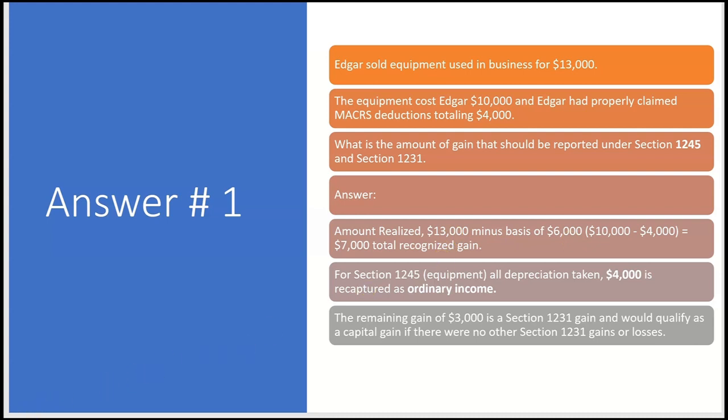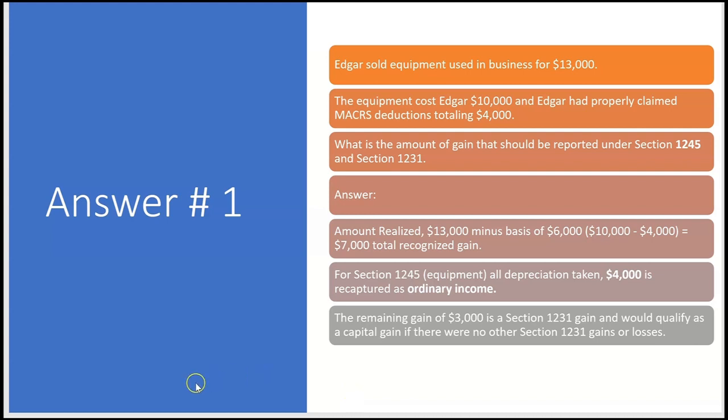So all $7,000 is going to be recognized, but now we have to split it up between Section 1245, which gets recaptured as ordinary income, and the rest, which would be a Section 1231 gain. And the rule is for Section 1245, all depreciation taken, in this case $4,000, is recaptured as ordinary income. So we're going to have $4,000 of ordinary income, and the remaining gain, $3,000, is a Section 1231 gain, and